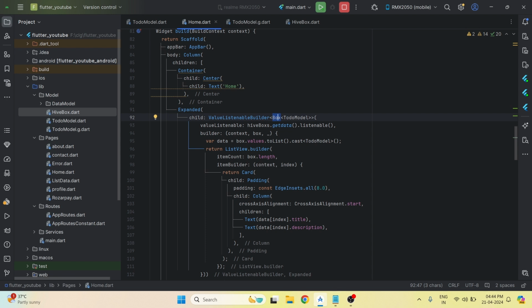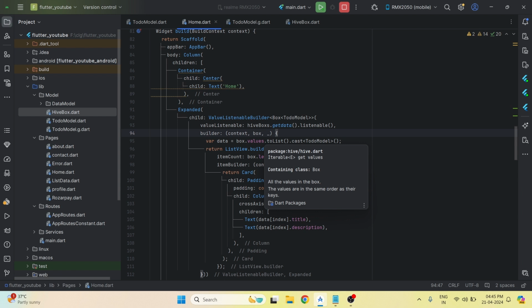In the next tutorial, we will learn how to delete and edit the data in a Hive database, and how to swipe, delete, and